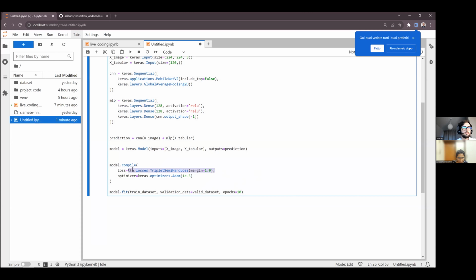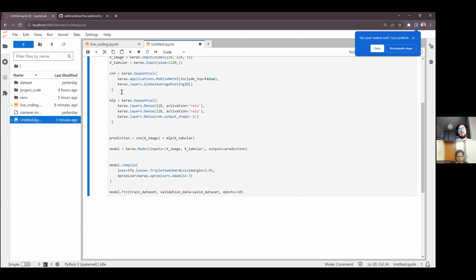In any case, we compile the model, and then we make sure that our data set is in the right format with both the image and tabular data. Otherwise we can simply say that X is equal to images and tabular data, and then we have the Y, or again we have the training data set defined in the correct way.